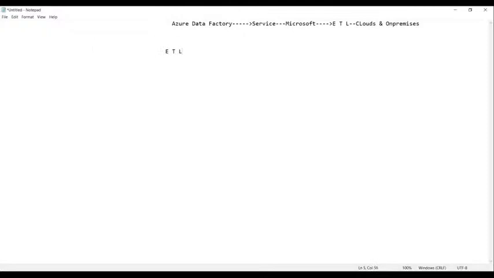Extract, transform, load. Very good. So it is nothing but extraction, then you have transformation, then loading. L stands for loading. So guys, extraction, transformation, and loading. These are the things we have.